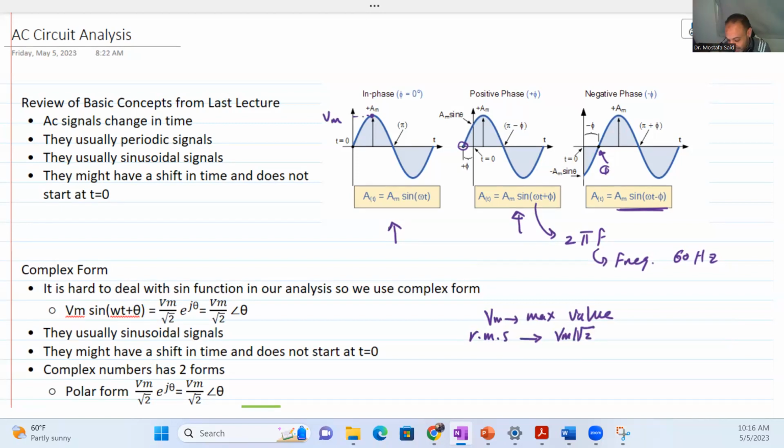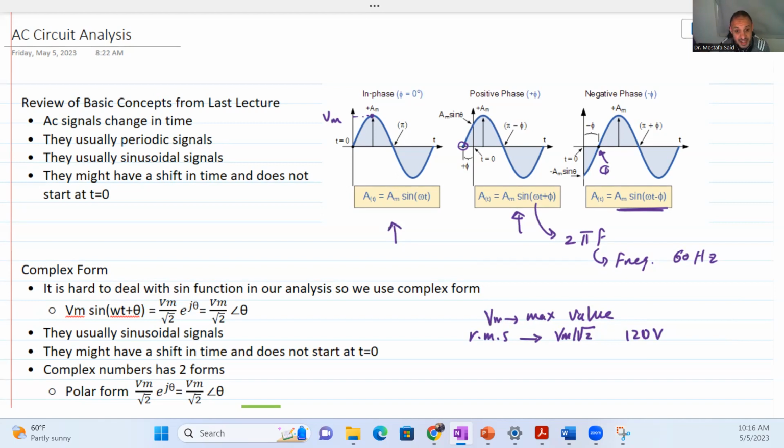Here in the US, the outlet in your wall is usually 120. This is the RMS value. If you measure the outlet electricity in your home, it will be 120 RMS, and if you see it in the actual waveform, it will be 170, which is 120 multiplied by square root of 2. So this is the Vm divided by